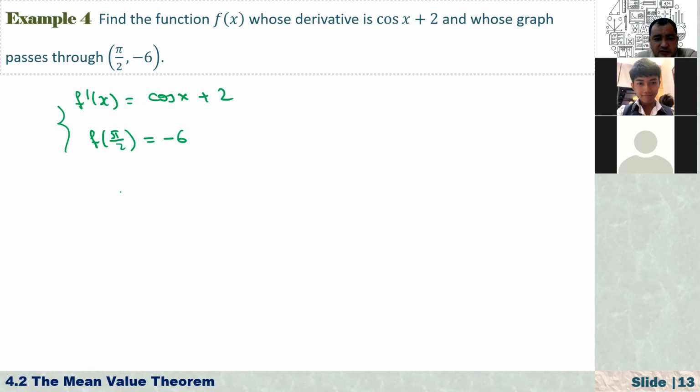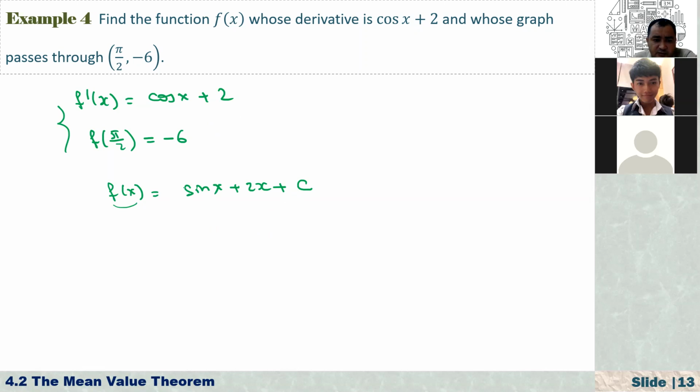this f of x must be equal to minus sine of x, no, not minus sine of x, just sine of x, because what function has cosine of x as its derivative? It is sine of x. And what function has derivative 2? That is 2x. Also, here we need to have some constant, because of f of x and g of x: the derivatives are the same, so their difference is only c.